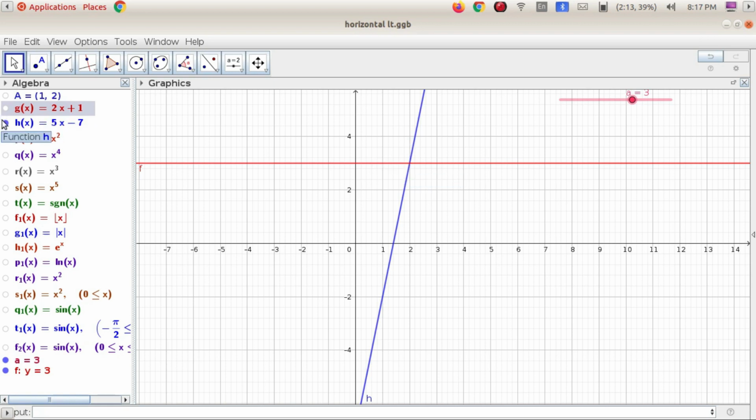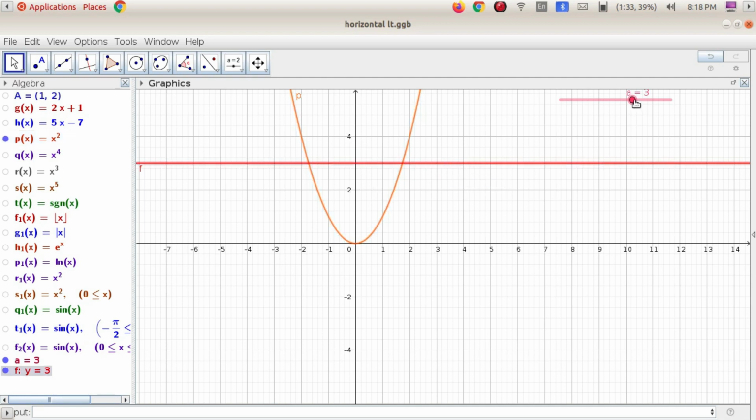so the function is one-one. Consider the function f of x equal to x square. This horizontal line intersects the graph at 2 points, so this function is not one-one. Here we have x equal to 2, 2 square is 4, and when x is minus 2, square is 4. So the image of 2 is 4 and the image of minus 2 is 4. 2 is not equal to minus 2, but f of 2 is 4, f of minus 2 is 4. So the function is not one-one.